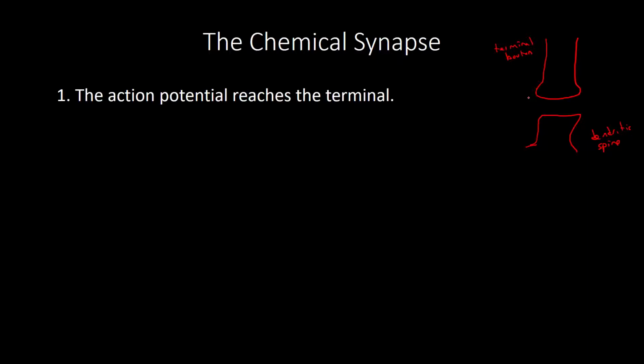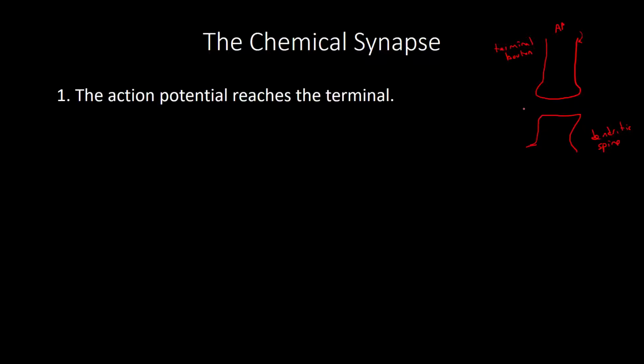So somehow we have to get a chemical signal from this cell to this cell. And remember, we've got the action potential. We talked about that. We talked about propagation. When that electrical signal hits this terminal, somehow that has got to be changed into a chemical signal. And that chemical signal is going to have to come across this space and have an influence on the second